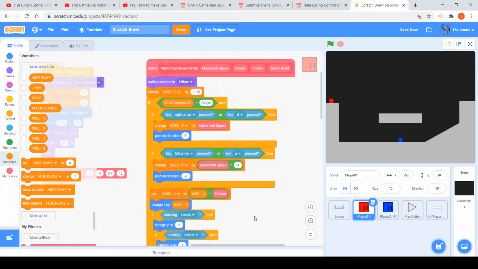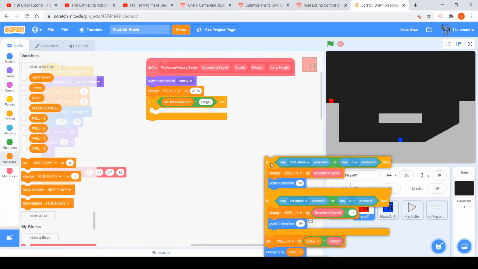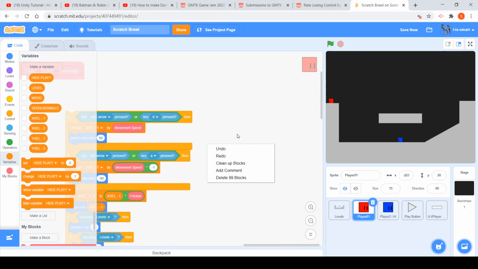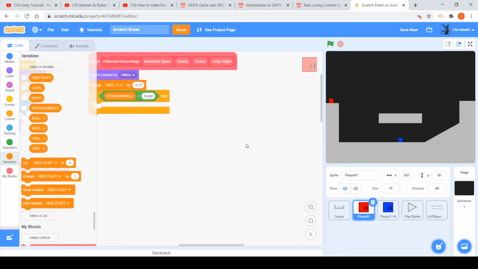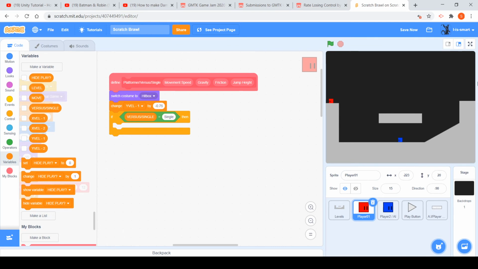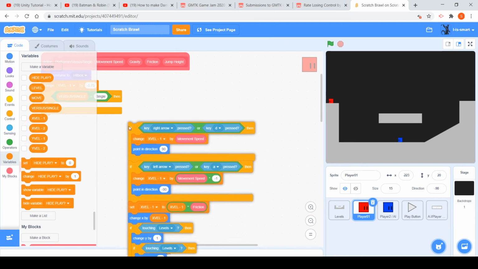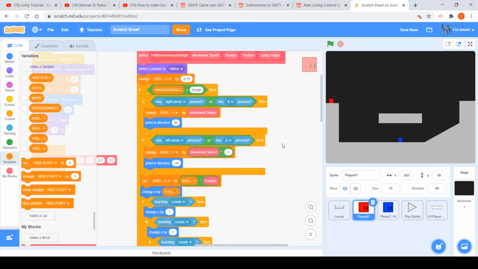Okay. Now we're good. We just want to move this code to the side. Don't delete it. Just move it to the side, okay? We will use it again. We'll just say switch costume hitbox, change y offset by -0.75. If mode is equal to single, then I believe we should be able, yeah, sorry guys, if mode is equal to single, we will run all of this code,